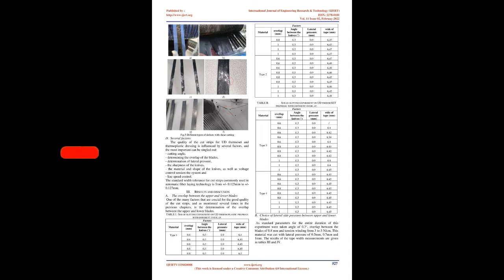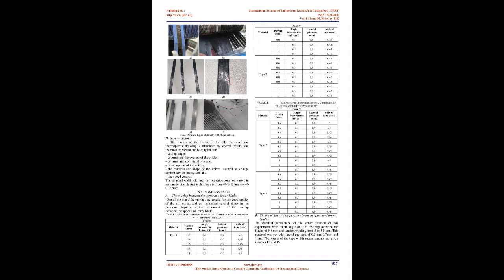One of the factors that affect the quality of the cut strips for UD thermoset dressing is the room temperature, which should be maintained from 18 degrees Celsius to 23 degrees Celsius to reduce the adhesion of the resin from the dressing on the blades, and thus after a certain period lead to poor quality of the material, and even the material cannot be cut at all. For this purpose, when cutting thermosetting prepregs, it is recommended to maintain a lower temperature in the room where the machine is located. Fig 5 shows various defects in shear cutting.